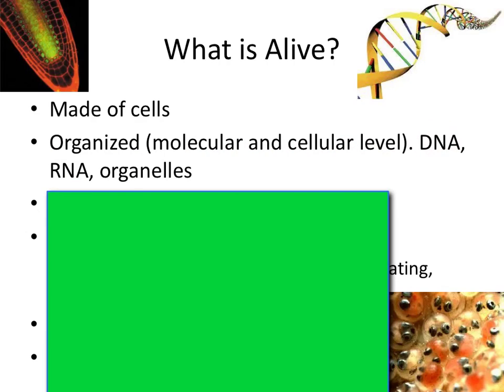Right, all of our genetic information is stored in DNA. DNA is the blueprint of life. There's also something called RNA. We'll talk about that a little bit later on. Or you could see that different cells have different organelles, which we'll talk about again later on. They help organize what's going on inside the cell. But there's some level of organization.